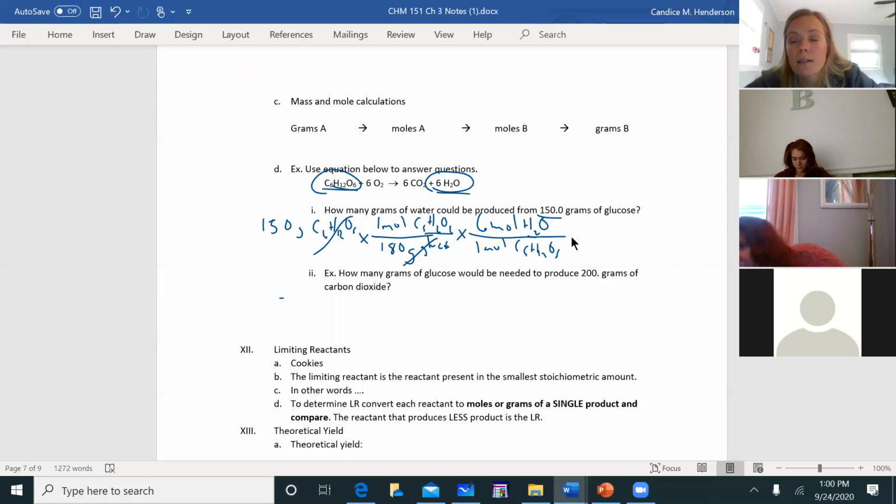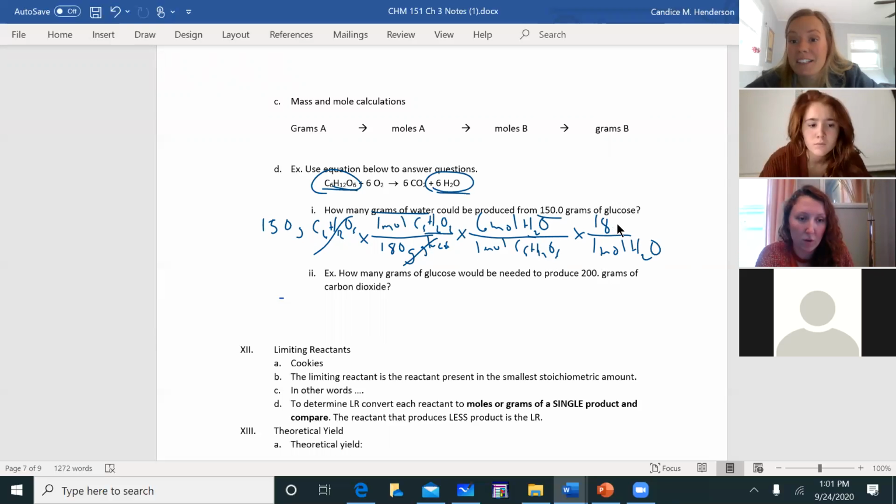Okay, final step is to take that, because it wants grams, is to go for every 1 mole of H2O, it's roughly 18 grams of H2O. Okay, so the moles of the water cancel, the moles of the glucose cancel, the grams of the glucose cancel. When we throw that into our calculator,